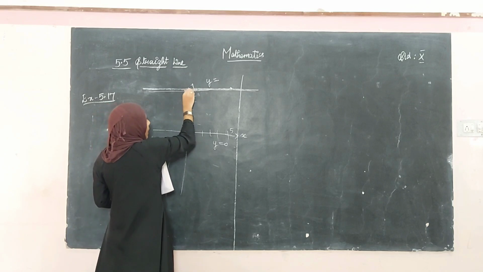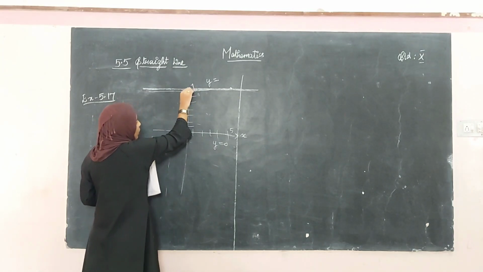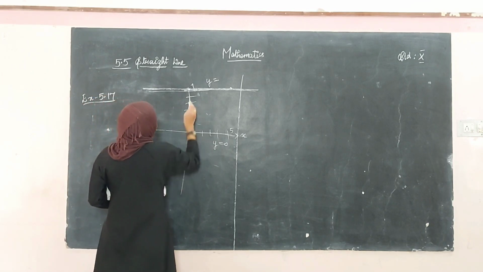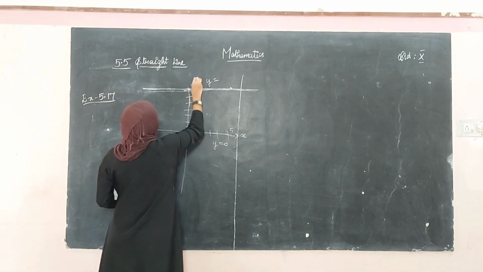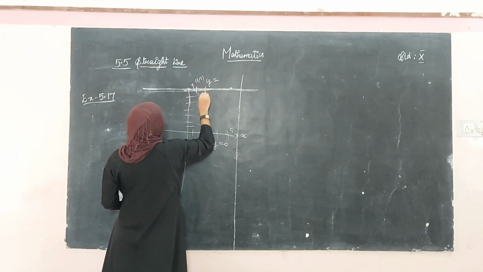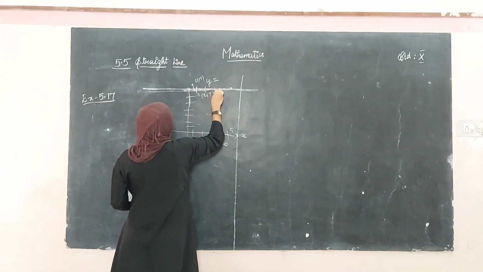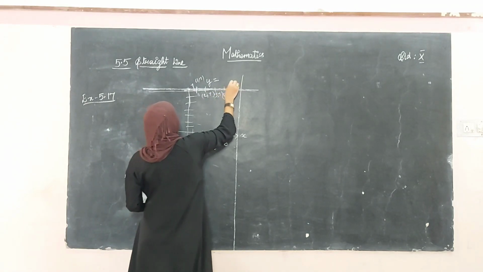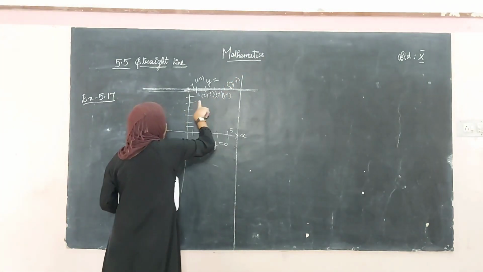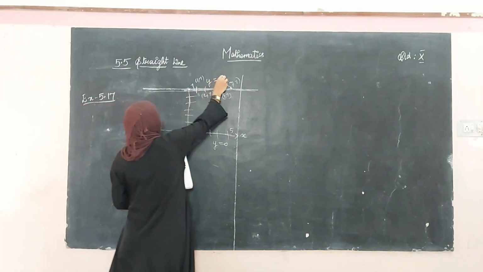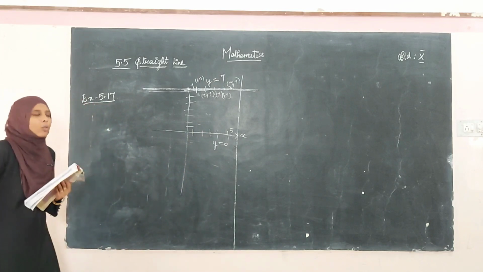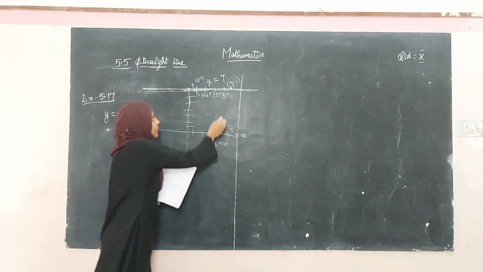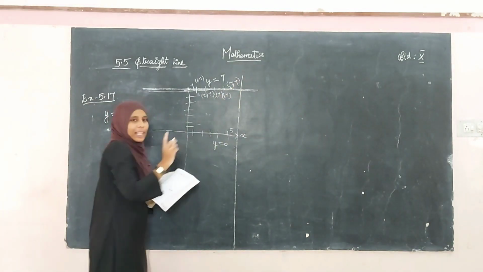Here the x values vary, and the y value is common. See what y value and what x value is coming. For this it is 1, 7. For this it is 2, 7. For this it is 3, 7. Right, for this it is 4, 7. And this point is 5, 7. So what is the point which is common? 7 is common. Therefore, y equal to 7 is the equation of the line which passes through the point 5, 7 and is parallel to x-axis.